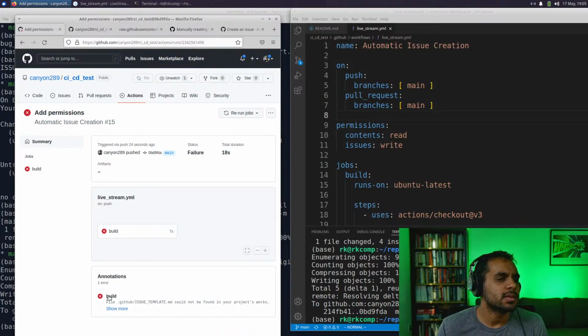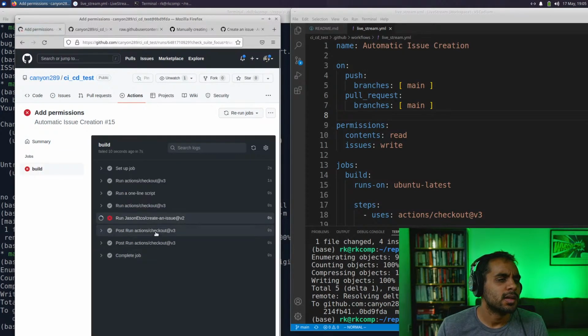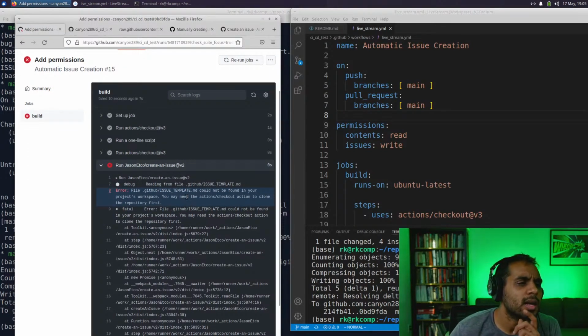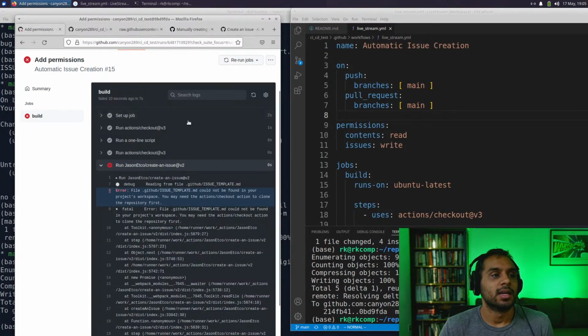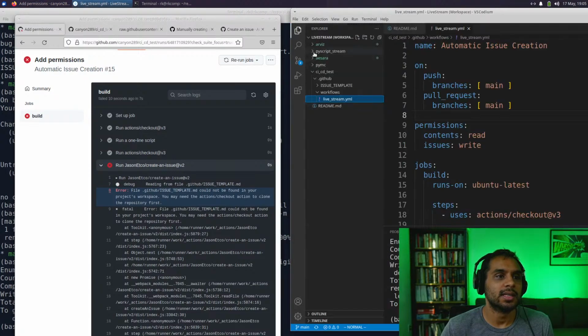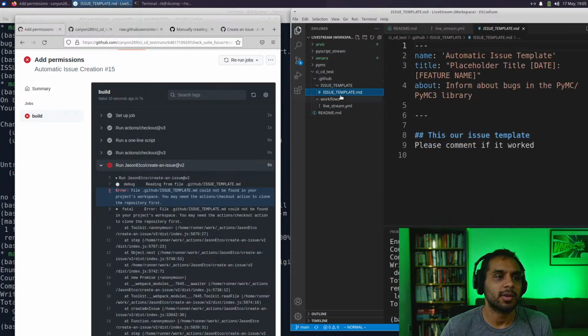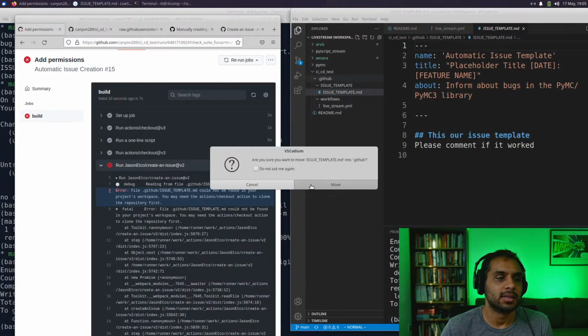Oh. Okay, new error. Issue template.md could not be found in your project's workspace. Okay. It looks like what they want is the issue template should not be in the issue template repo. They want it up here per his code. So I'm going to move that